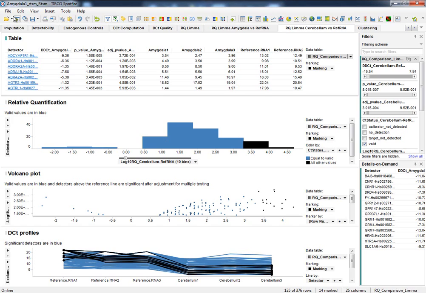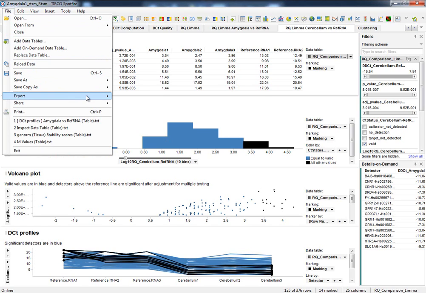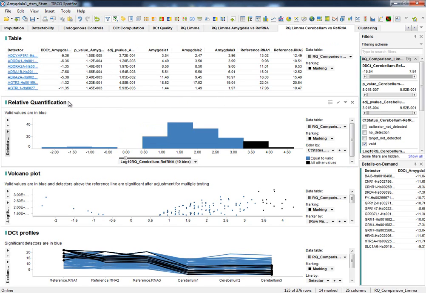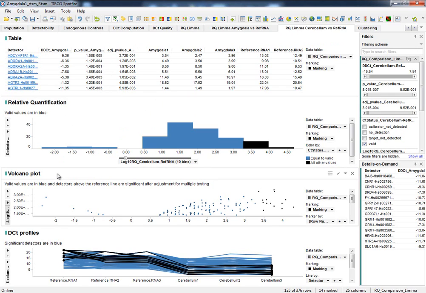There are two ways in TIBCO to report the analysis using the export menu function. By exporting one by one each data table or visualization to a well-known format such as picture or text file respectively, or by generating a full report including a set of charts using the same exporting format in PDF or PowerPoint, etc. Starting with the first case, if we are only interested in reporting the RQ distribution of a single